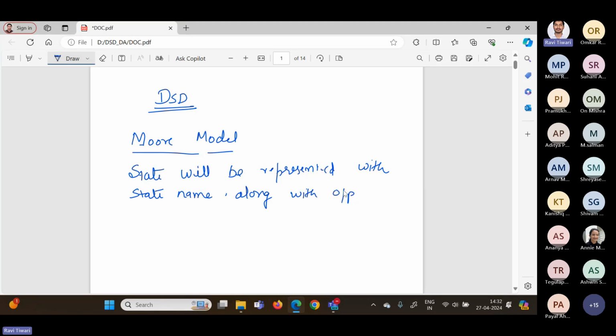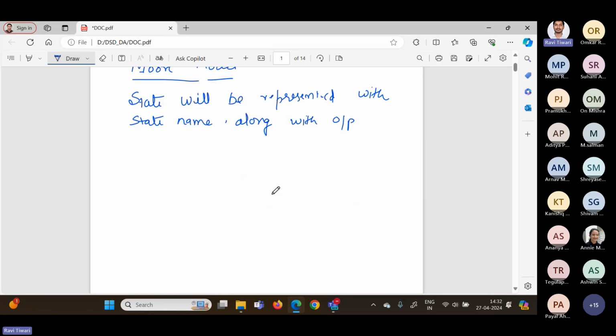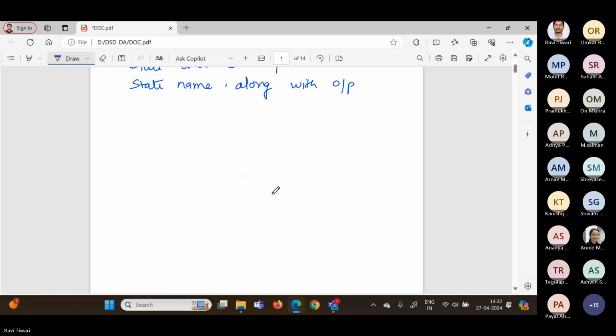So here the state will be represented with the output, and we will start with one example. Like if you want to design a Moore machine for 1001, so in that first we have to start with a state diagram. So we will draw the state diagram and then we will see the complete procedure, how we can draw the circuit for the Moore machine. So state diagram